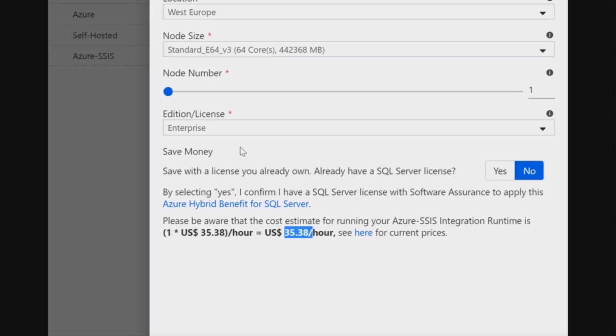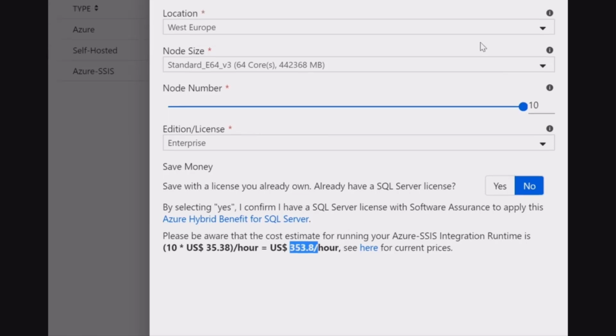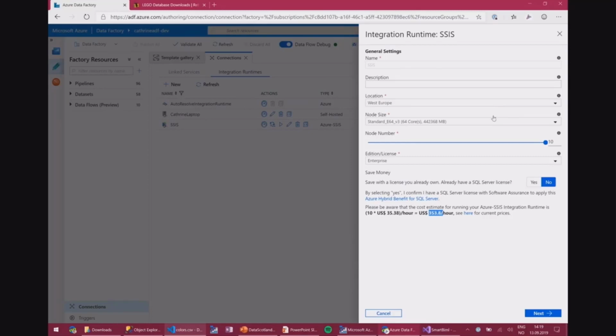So what I recommend really is, actually, does it change if I set the number here? Yeah, there we go. Now we're talking. There. $353 per hour. That's kind of cheap for testing a few packages, right? It's not. So just be aware of that and make sure that you start with the lowest possible nodes, the lowest possible VM. Scale up if you need it, unless you want to surprise someone with a nice, fun bill.